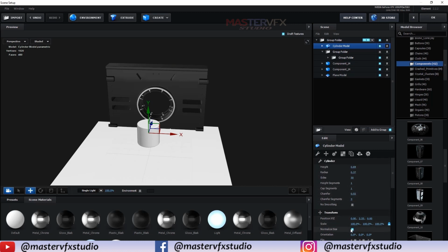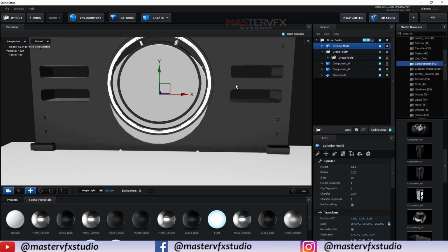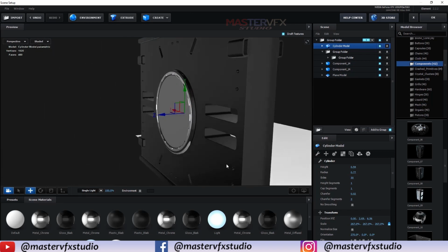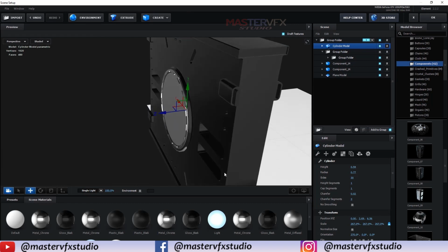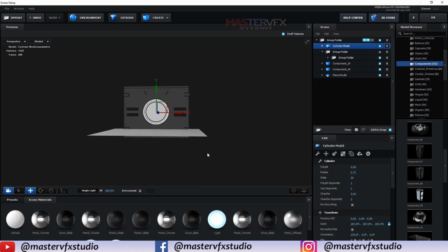I think uncheck the normalize and scale it and increase the radius and decrease the height a bit and just rotate it 90 degrees, right, and place it inside this hole. Looks good, right? Okay,